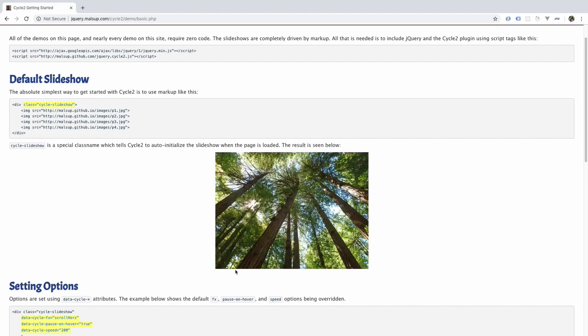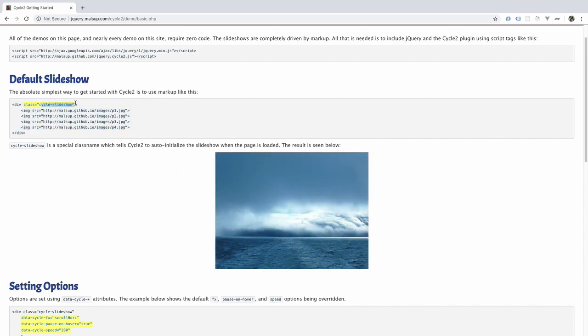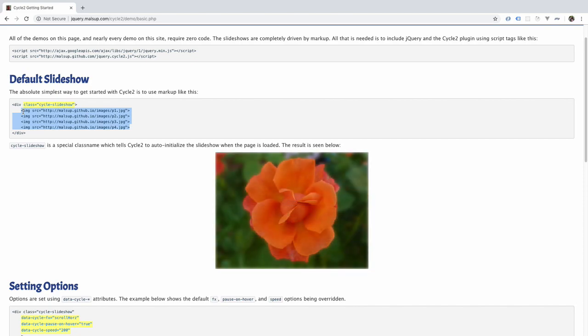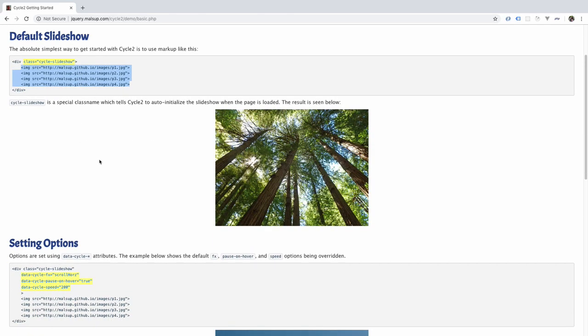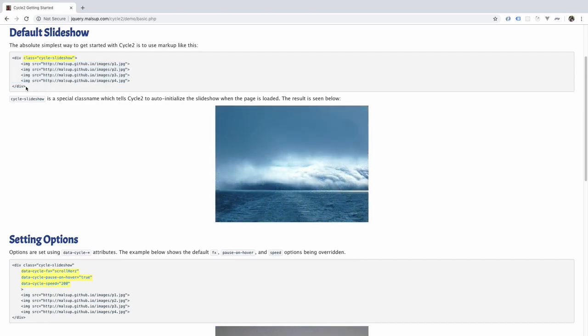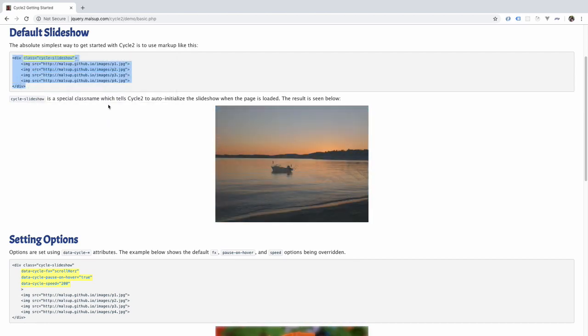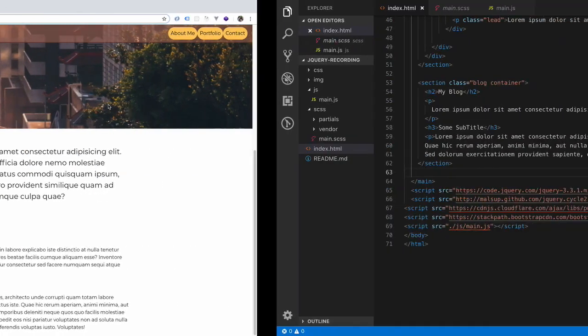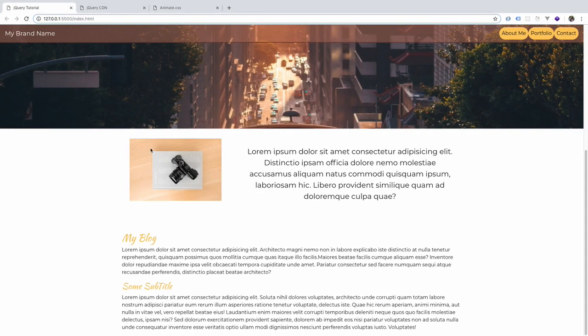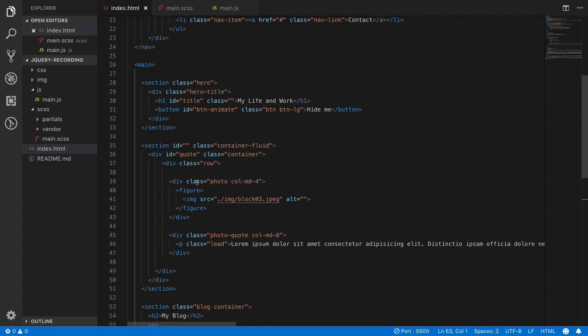But once you get to the images, your parent div that holds the images needs to have the class of slideshow, and then you simply put as many images as you want your slideshow to rotate through. So we can do this simple basic slideshow. Let's copy this, put it in our page, and instead of our figure image, our small little image here, we want to put